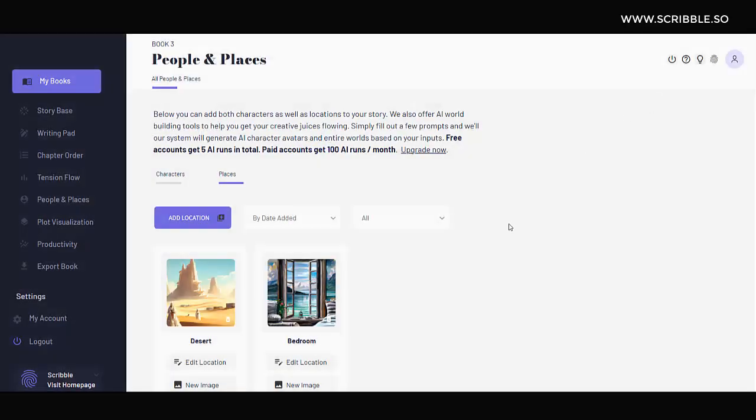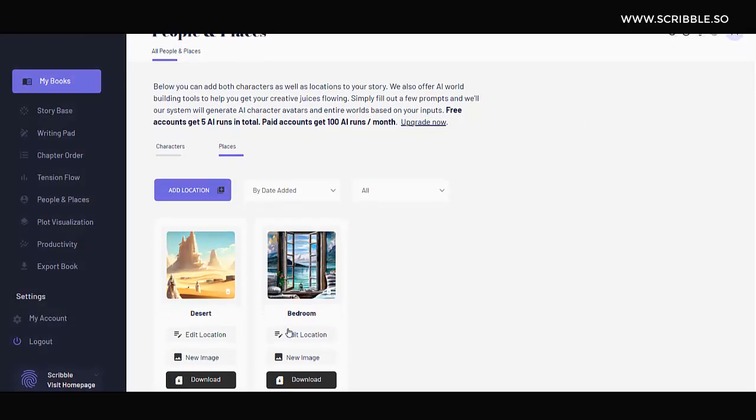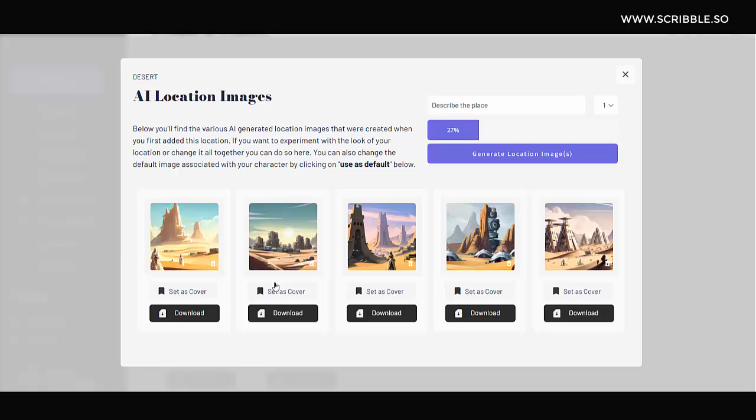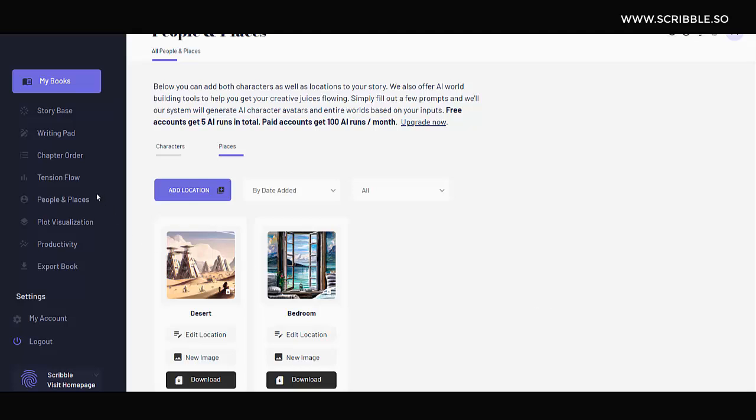And again, if I generated multiple AI images when I created this place, I can swap out the image I'm using by clicking on New Image. Here I can select the new image to use as the default image, or even just create more location images up here. Then as you get further and further into your story, you're going to want to see how your